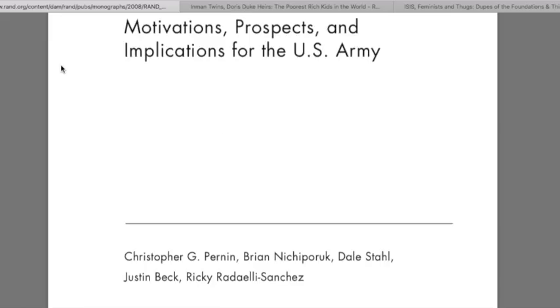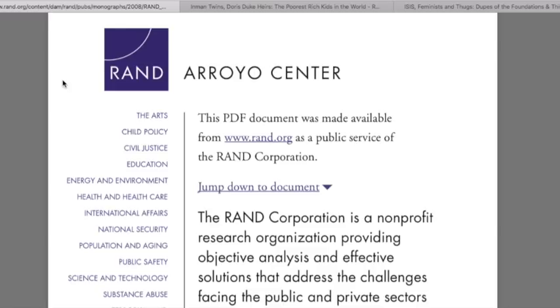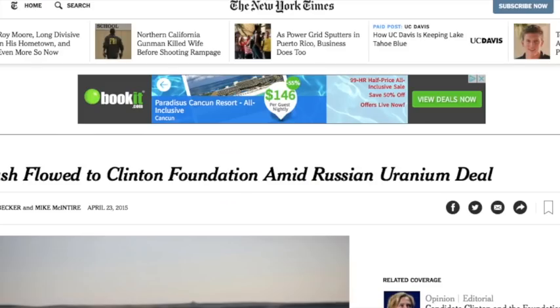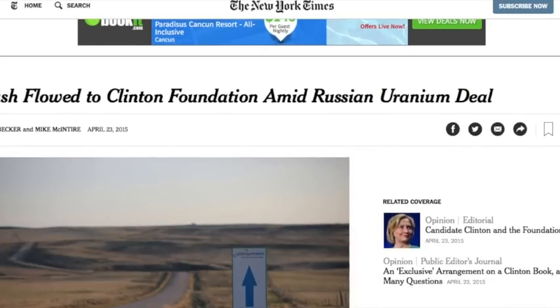But next, what I want to talk about is the Rand Corporation. Well, now before we get to the Rand Corporation, in this important document, let's talk about why this whole narrative is falling apart in terms of Clinton Foundation and the Russian deal. Now, I'm going to show you what the long-term plan is, why all this stuff really matters and what it really connects to. Nobody else has made this point. Well, Patrick did, and I made it in my video about Logan's Run, and Henrik made it. But notice here that what we have in this article from 2015, and this is, of course, prior to the election,